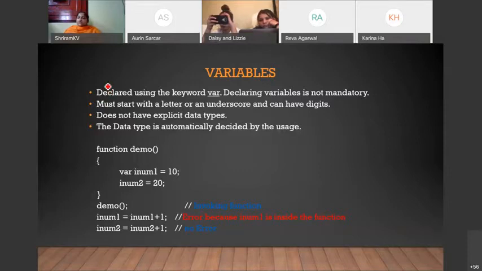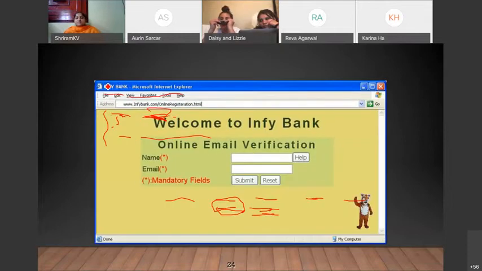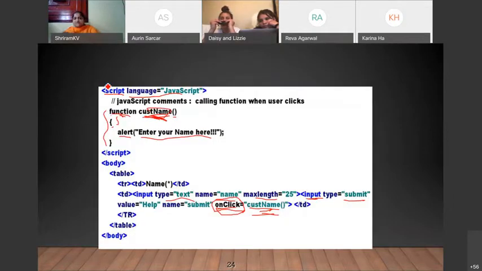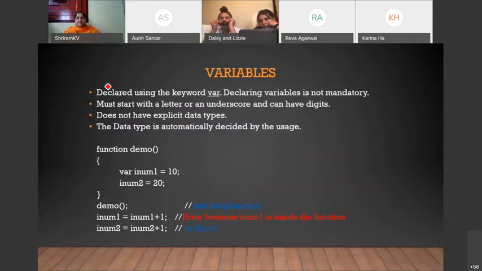Till now, I hope you are all clear. JavaScript means to make your web page more interactive. I just showed you a sample program. Don't worry, I will give you some time in the future slides for you to execute it and see whether you are able to do it or not. Then you can ask me any doubt you have then.